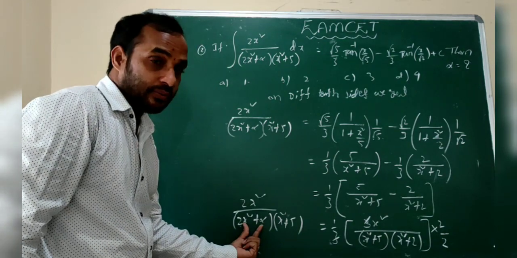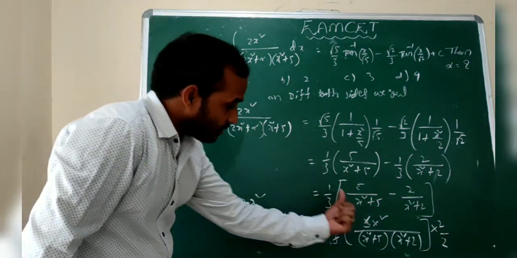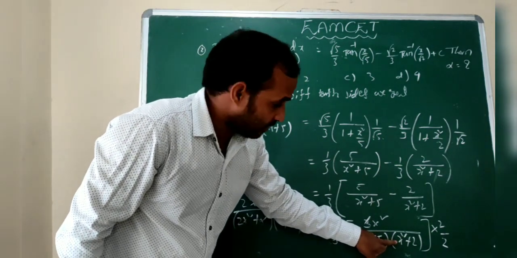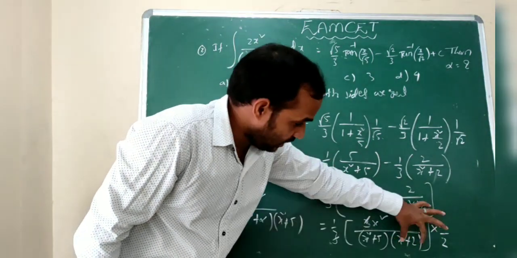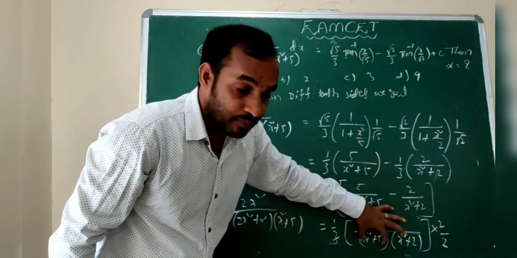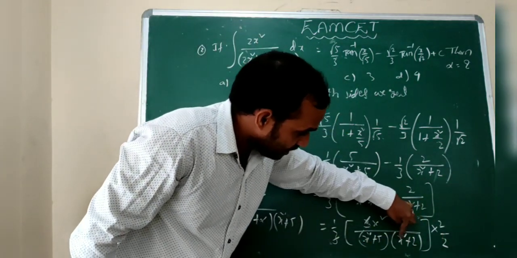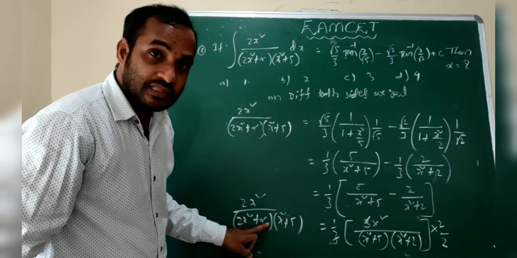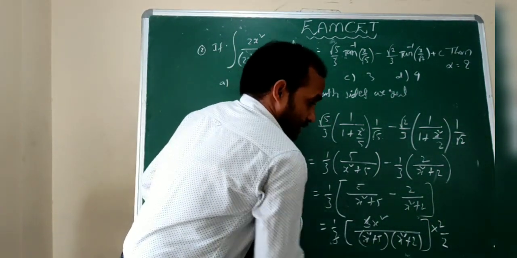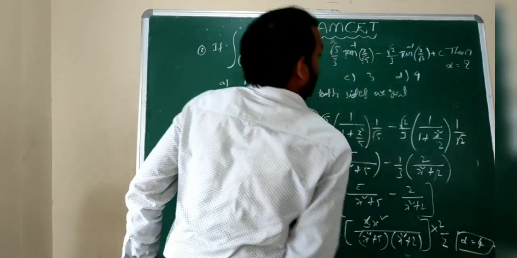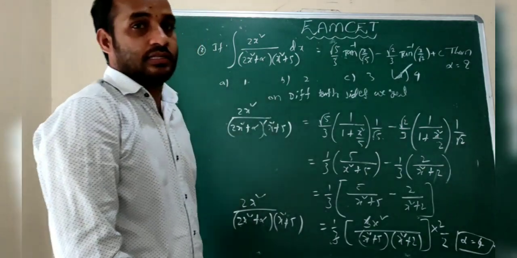So according to our question, what is alpha? Here 2 is multiplied, so that means 2x square plus 4. Only the first term will be multiplied, so the remaining terms will be the same. Only here 2 is multiplied, 2x square plus 4. Here 2x square plus alpha. So alpha is equal to 4 is the answer. That is D, it is correct.